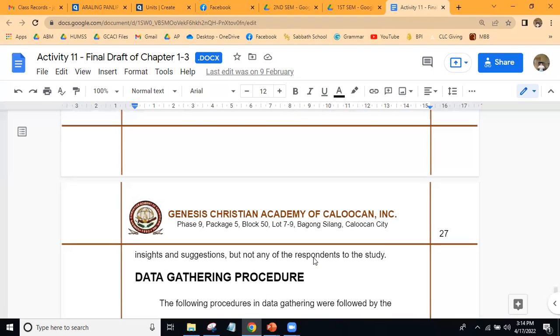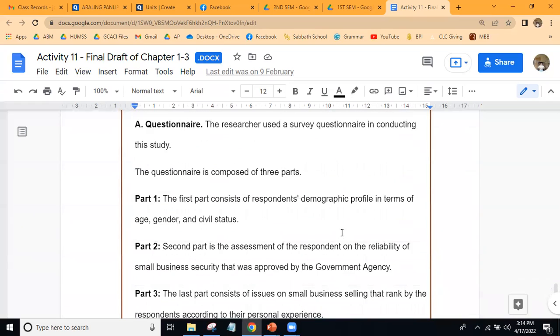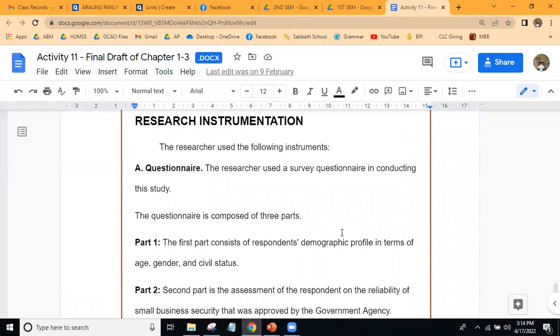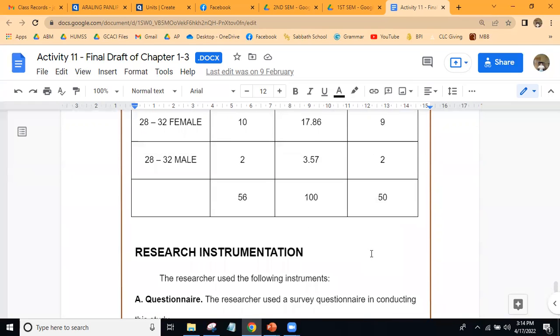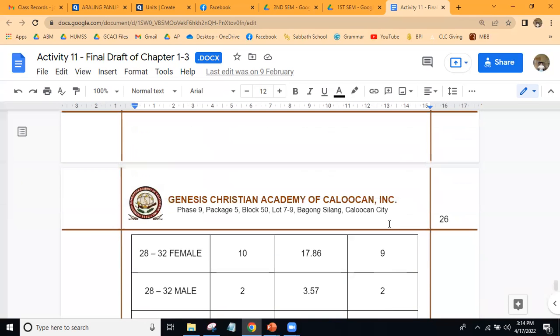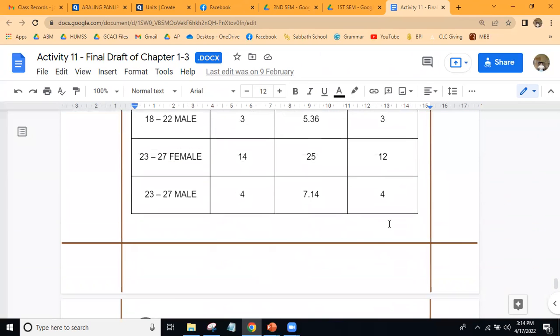And I do believe dinidiscuss din yan sa inyong statistics subject, probability and statistics. Kaya nga, ang aking laging sinasabi sa inyo, makinig kayo sa inyong statistics and probability teacher. Pagbutihin nyo yan sapagkat gamit na gamit nyo yan sa research. Ayaw na naming mga research teacher na iulit pa yan. No? Kasi nga, that's part of statistics and probability. No? Ngayon pa lang dapat pinag-aaralan nyo yan. Iniintindi nyo yan. No? Magaling naman ang teacher nyo dyan. Statistics and probability.